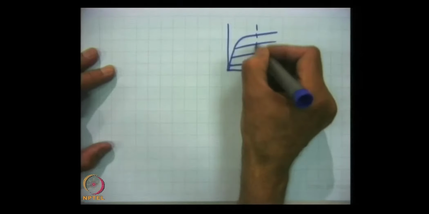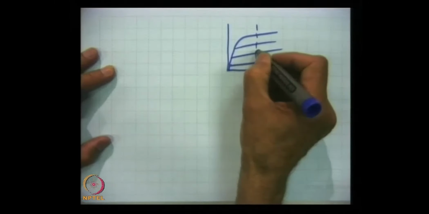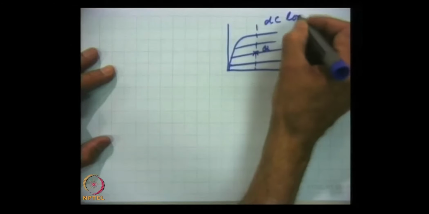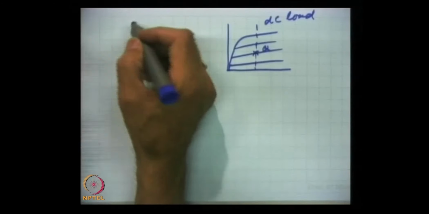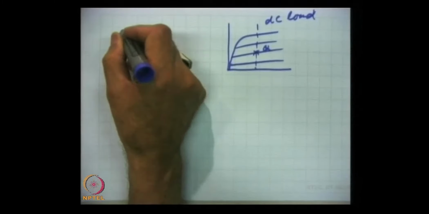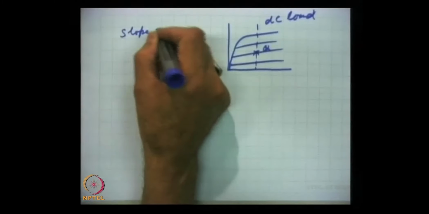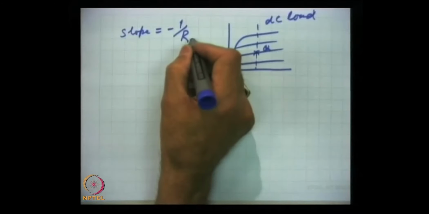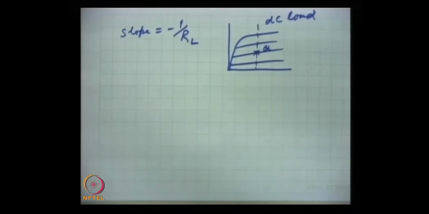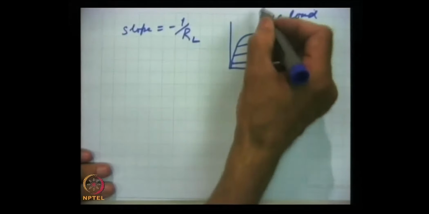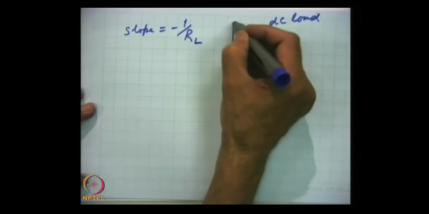So here, this is the Q point and this is the DC load line, because resistance, DC resistance is almost 0, and you remember that the slope is minus 1 by RL or RC, whatever it is. Now this is close to 0, so slope is infinity, that means it is vertical,